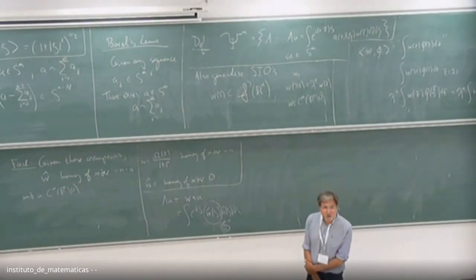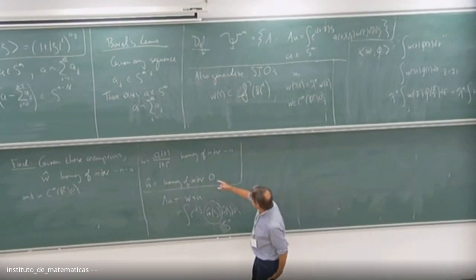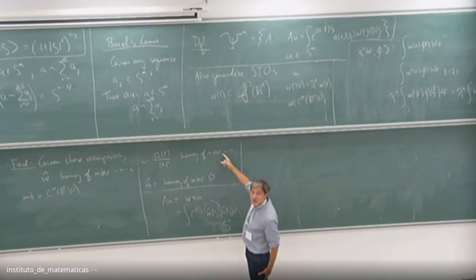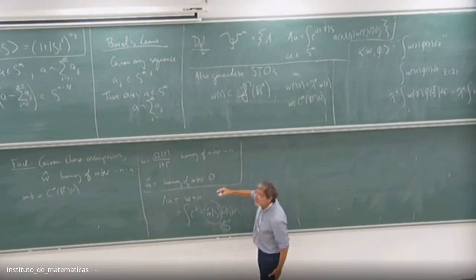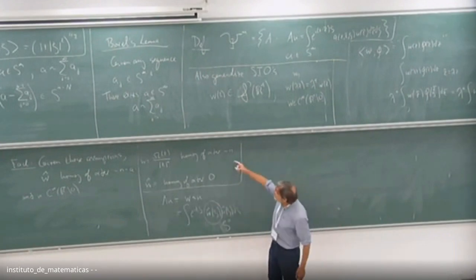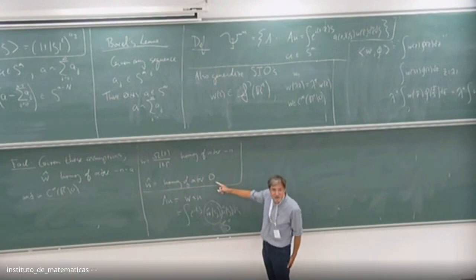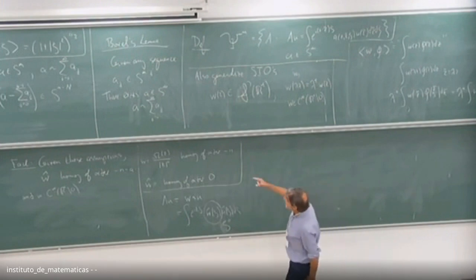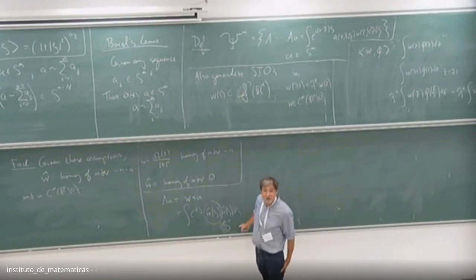Well, there's one small part I haven't checked here. I said that this is homogeneous of order 0. You actually need Euler's formula. Euler's formula tells you that if you have something which is homogeneous, even as a distribution, and it's C infinity in R^n minus 0, then when I differentiate it, it gets better. Every time I take a d zeta j of this, it gets one order better. So it really is a symbol in the sense I've defined above. In other words, singular integral operators are just pseudodifferential operators of order 0.